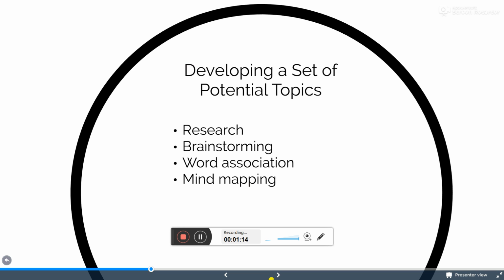For my informative speech, I decided to focus mostly on areas I have researched before to save time. Another strategy is brainstorming. For this strategy, the writer lists as many possible topics as they can think of, even if they don't seem promising. For this speech, I made the following brainstorm: